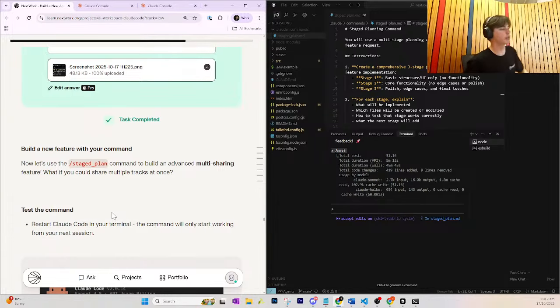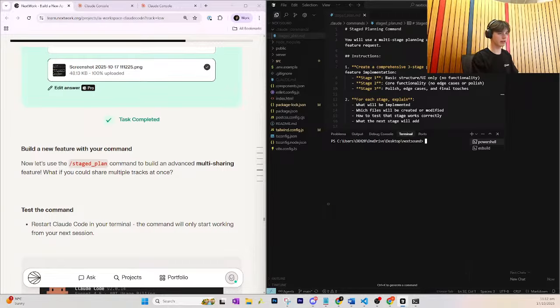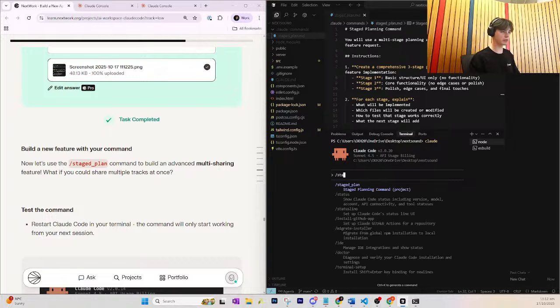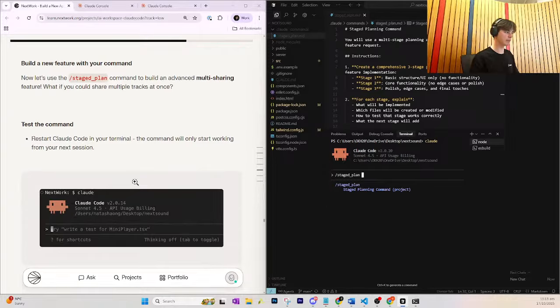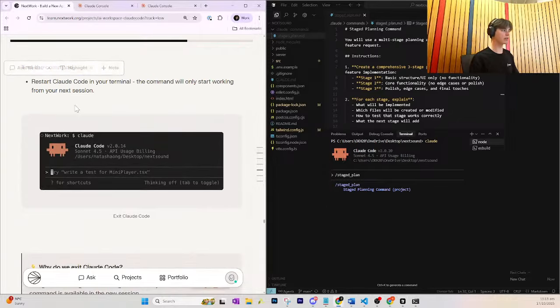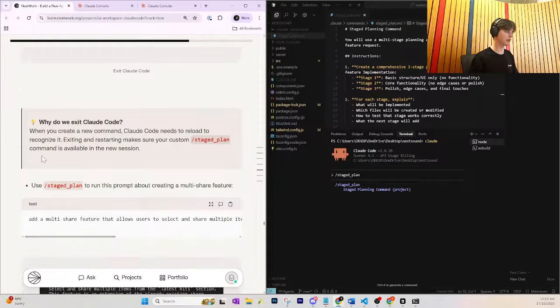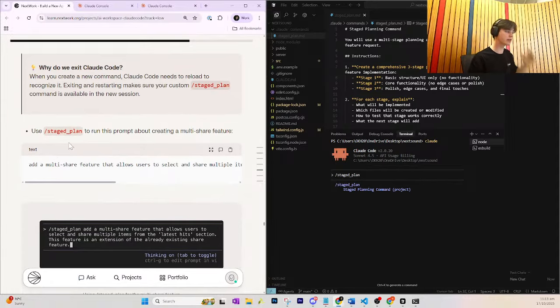So another thing to note is that to use a new command, you have to restart Claude Code. So I would just press Control C there, and I'll run clear to get rid of everything in my view, and then I'll write claude again. And once that opens, we should be able to use stage plan. So we'll restart the terminal like we did, exit it,